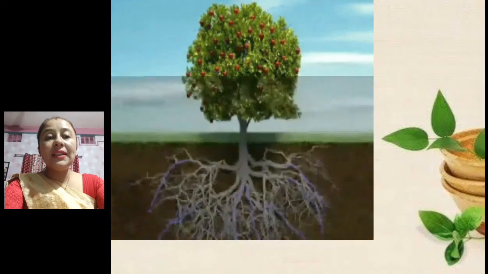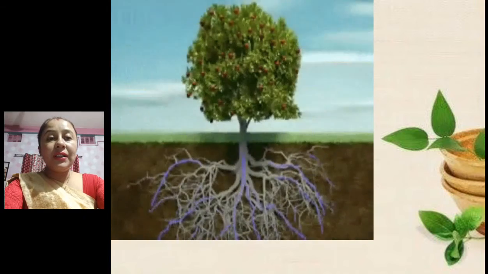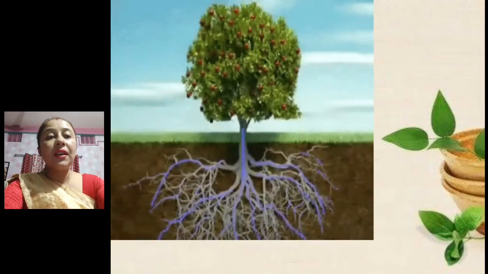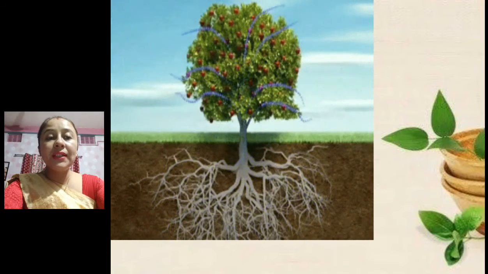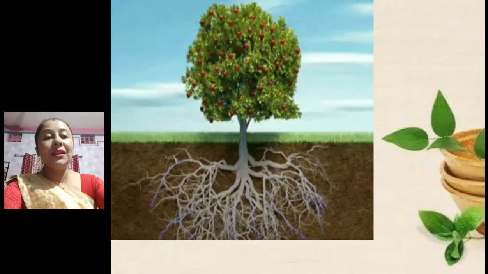So you can see the image of a tree here. Yes, the tree is growing a fruit. It is bearing the fruit. And water and minerals are absorbed from the soil through the roots of the plant. So children,